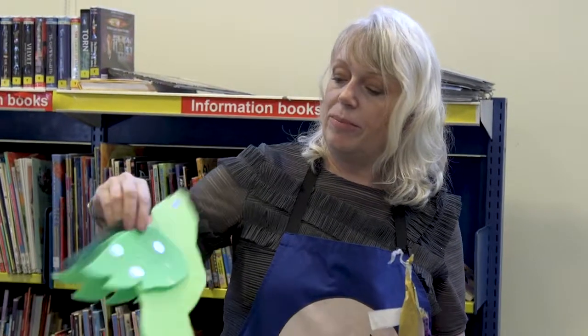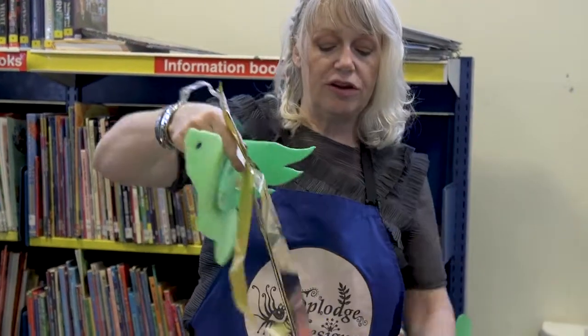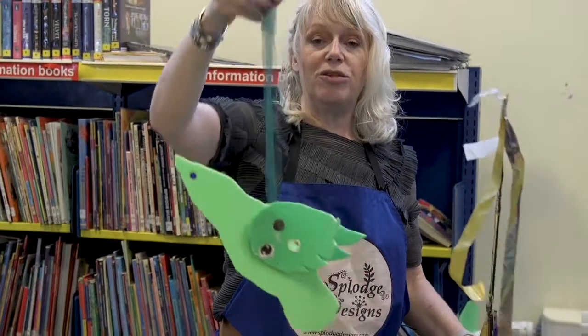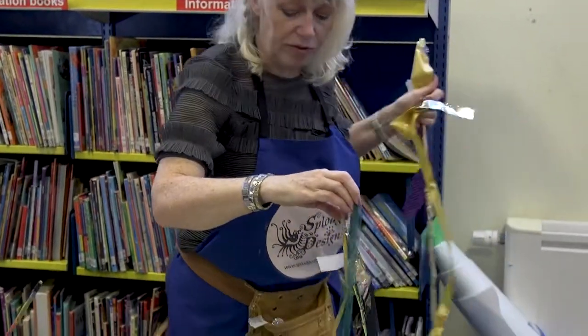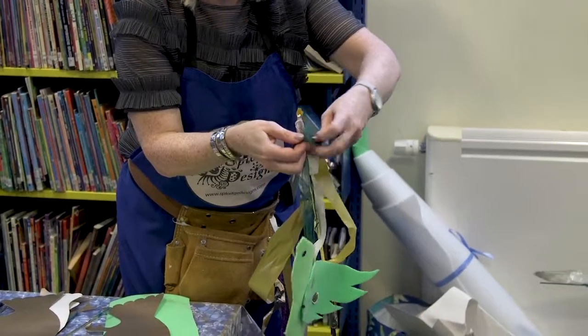So this is one that Callum's done. You can see he's cut out his bird and his wings, and he's got a nice long bamboo cane here. So our final bit is we've stuck a piece of net on, and we're going to tie it to the top of the stick. So it's nice and dangly, and our birds can fly